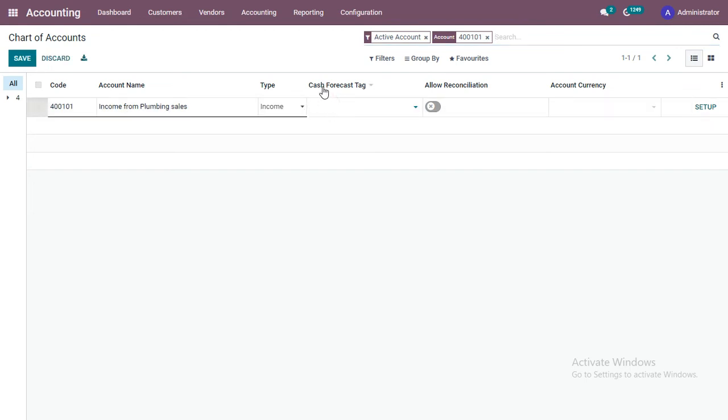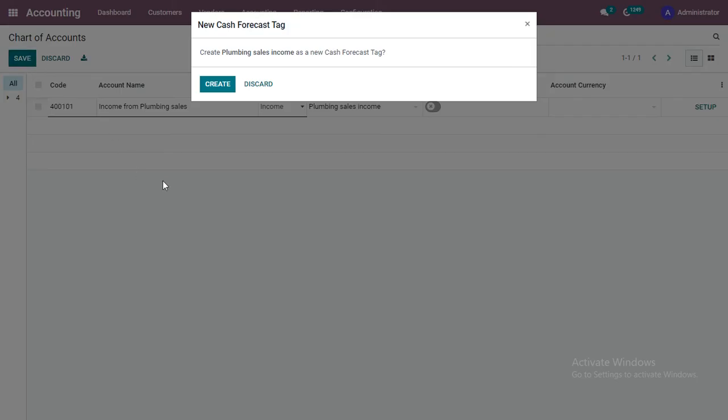over here in this cash forecast tag, and let me name it plumbing income. That means plumbing sales income, and I need to save it. If a cash forecast tag with the name plumbing sales income is not created, then this will ask whether I want to create a cash forecast tag with plumbing sales income. So I can create it,